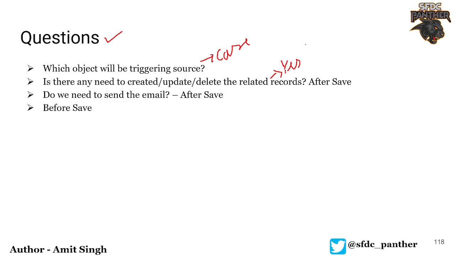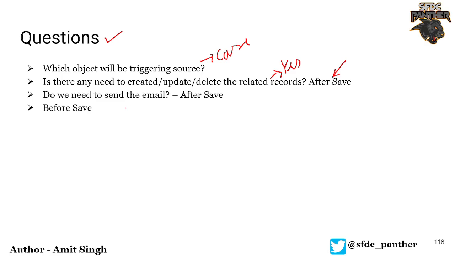For every object, it has its own share object. So for the case object, it is case share. So it says that if the answer is yes, then we have to choose after save flow. We don't need to ask the two questions that we have in the else. Okay. So we have got our triggering point, and we have got what is going to be the context for our flow.